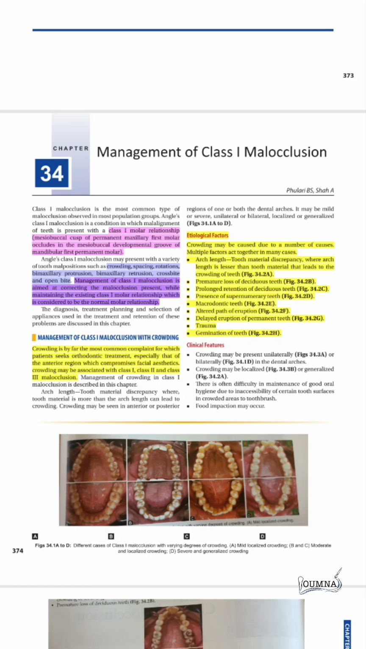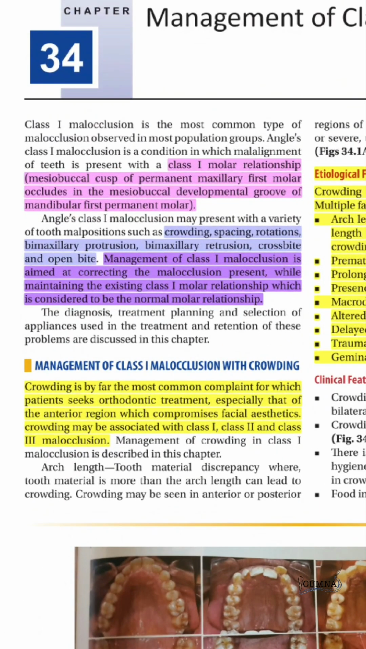lip and palate cleft. Now let's define the Class 1 molar relationship. It is when the mesiobuccal cusp of the permanent maxillary first molar occludes in the mesiobuccal developmental groove of the mandibular first permanent molar. So, in the Class 1 malocclusion,